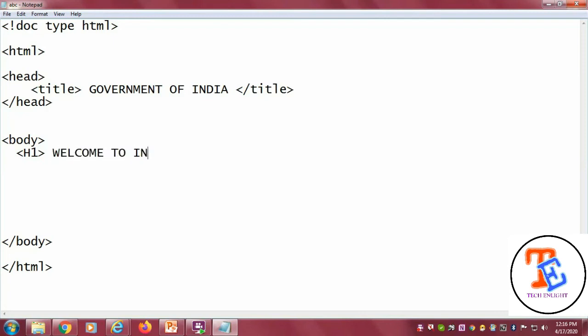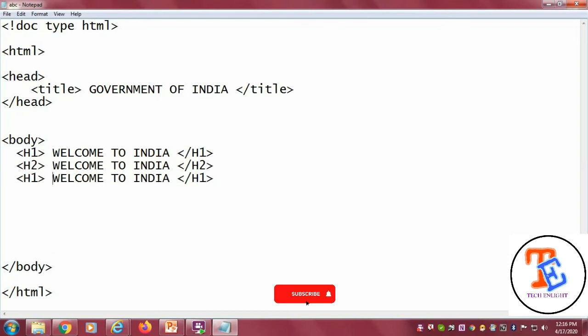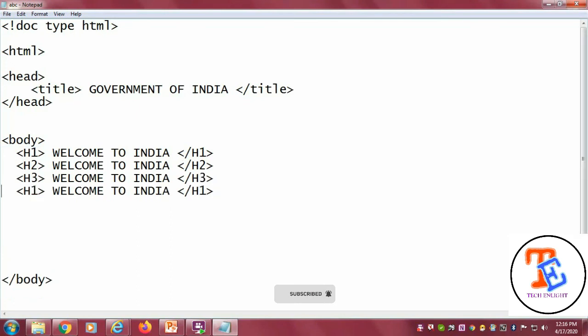For H1 the font size will be bigger and the content will be bold, and for H2 the font size will be decreased slightly, and for H3 decreased more, and H4 like that, which means H1 is the highest, H1 is the main heading, and then H2 followed by H3, H4, H6 like that.